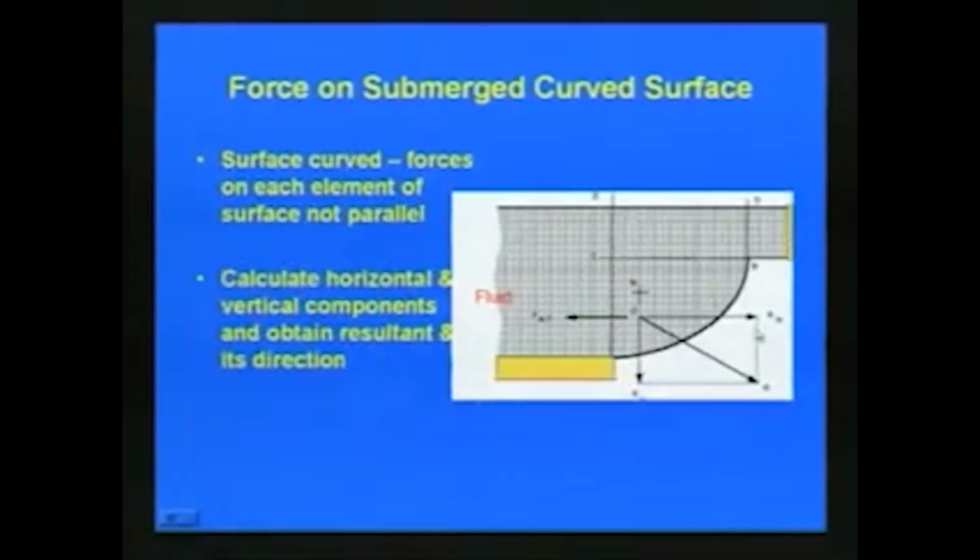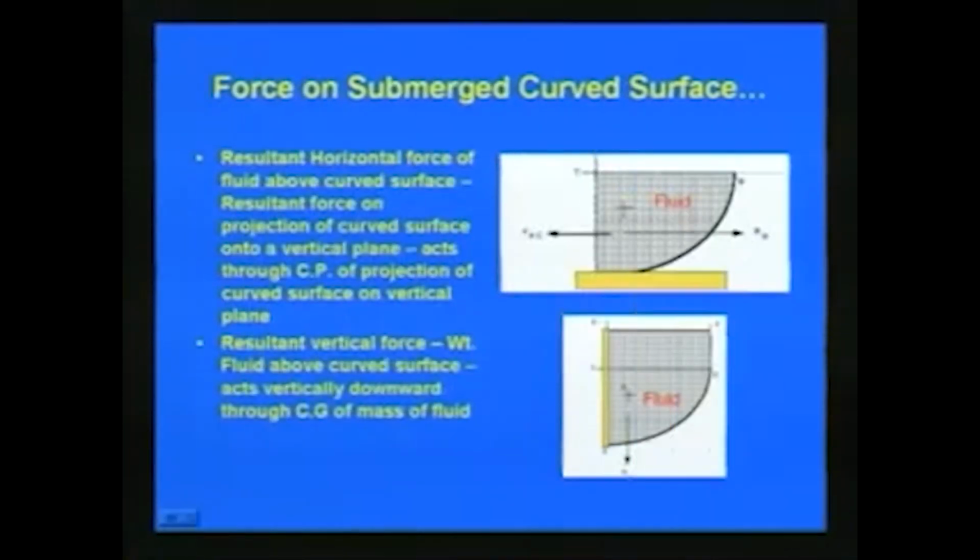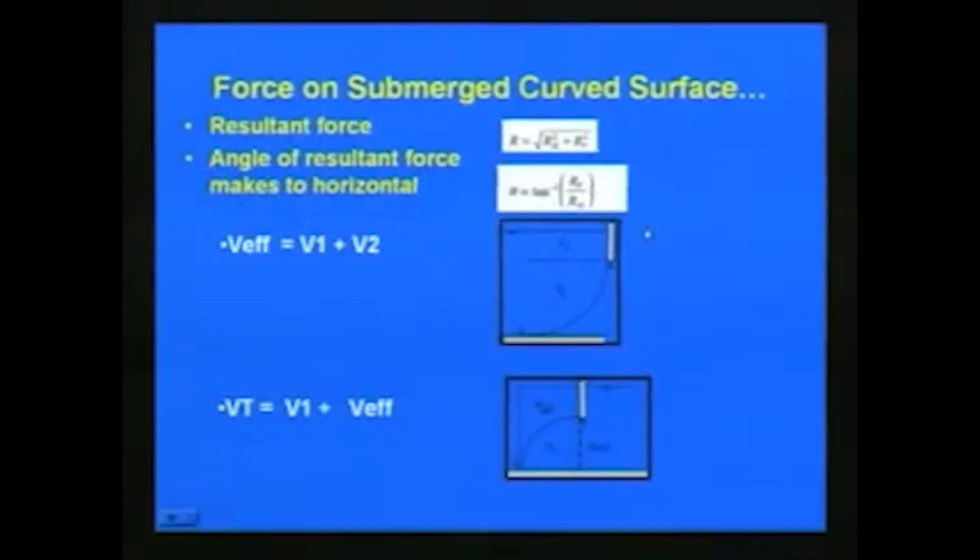So, here you can see this is the RH and this is the RV. So, the resultant force will be the square root of RH square plus RV square, and then tan theta will be equal to RV divided by RH, and finally we can get theta is equal to tan inverse RV by RH. So, like this we can determine the resultant force, and then where it is acting,